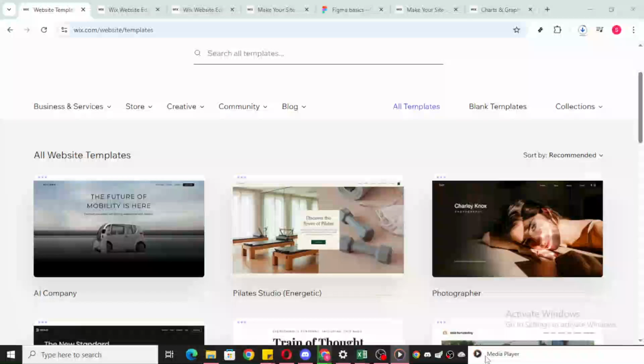In today's video, I'm going to teach you how to add a template in Wix. We're going to take this easy step-by-step journey together to make sure you end up with a beautiful and functional website that reflects your style and needs. Let's dive in. First, you'll want to head over to